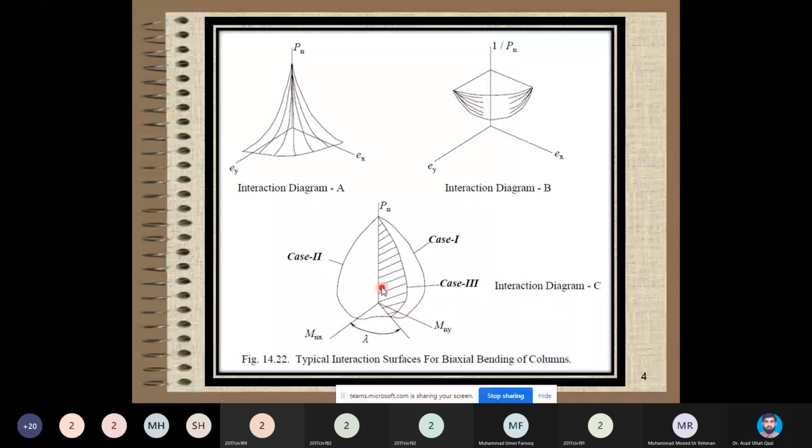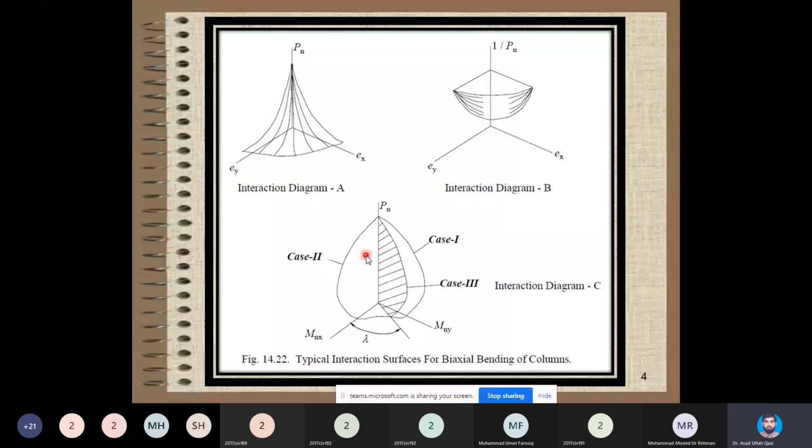All the points drawn in the first quadrant will represent the capacity of that column. If I determine P, Mx and My for a column with known reinforcement ratio, known fc' and fy,